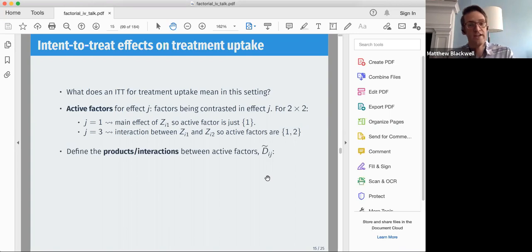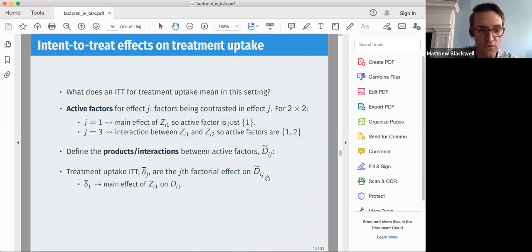And the way we're going to end up defining effects on treatment uptake is to actually just create a new variable, which is the product or interaction between these active factors. So literally take the two D variables and multiply them together. And what we'll do is take the average of the effect of Z on those interactions. And so what this ends up looking like is that the treatment uptake intent to treat effect